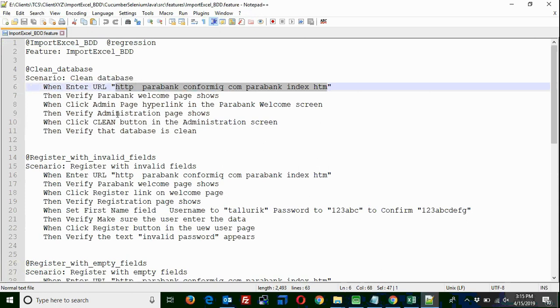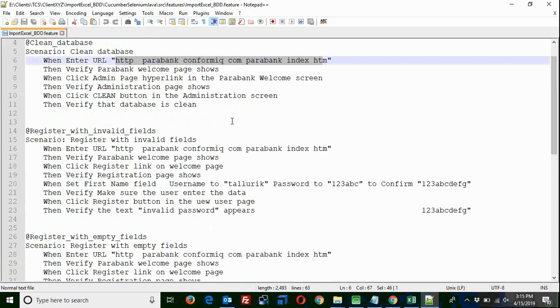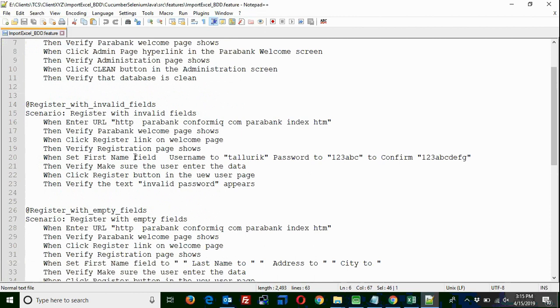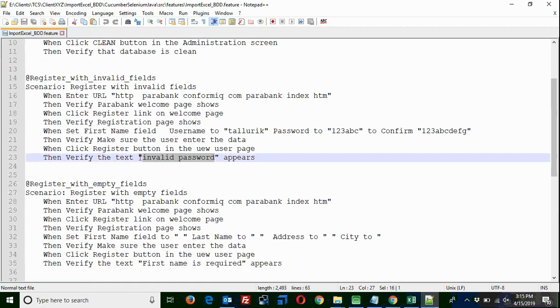This is a when statement wherein I am using this particular URL as an input, and in some of the conditions I am setting the data also within the test step, like set first name field, username as T, this one, password, and this is the confirmation password. And in some of the cases my expected result also has a parameter which is an output. So wherever I have mentioned the test data or the results as parameterized, you can see the respective thing is also parameterized in double quotes here.